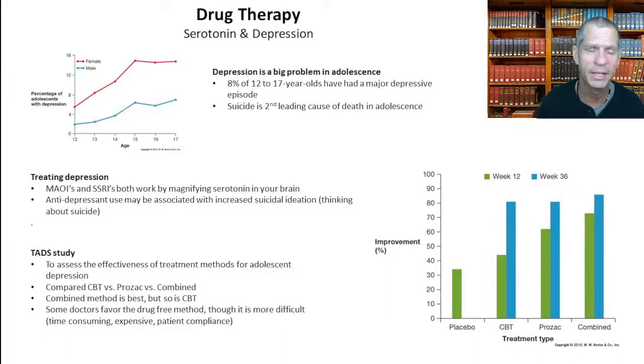So we typically treat depression with two classes of drugs, MAOIs and SSRIs. Both of these drugs work to magnify the amount of serotonin in your brain. I don't think this is going to be on the test, but an SSRI is a selective serotonin reuptake inhibitor. If you look at all those words, selective serotonin reuptake inhibitor, what it does is it prevents the serotonin that